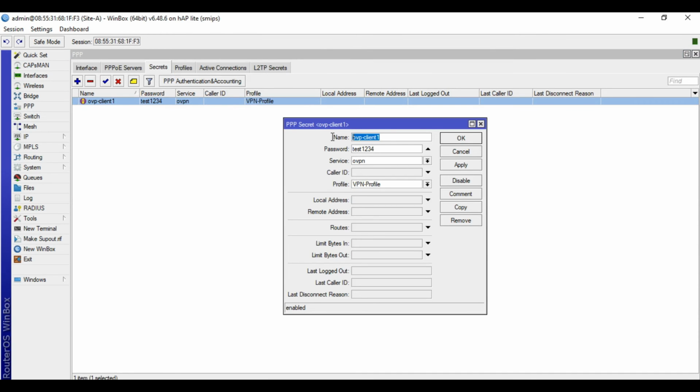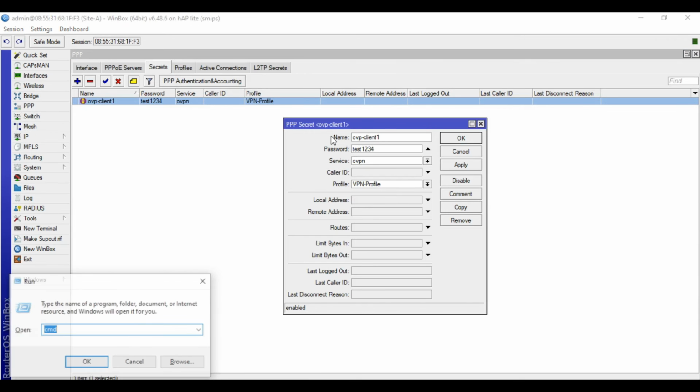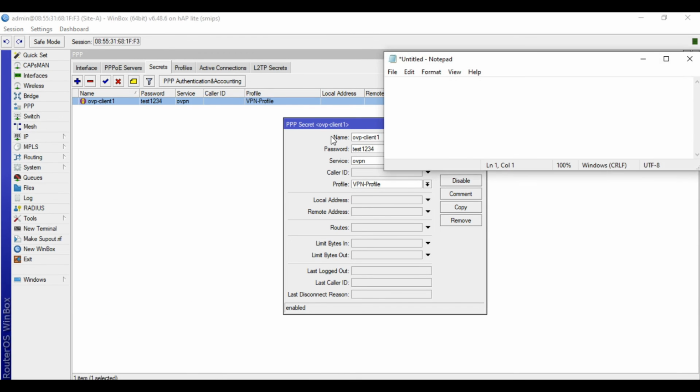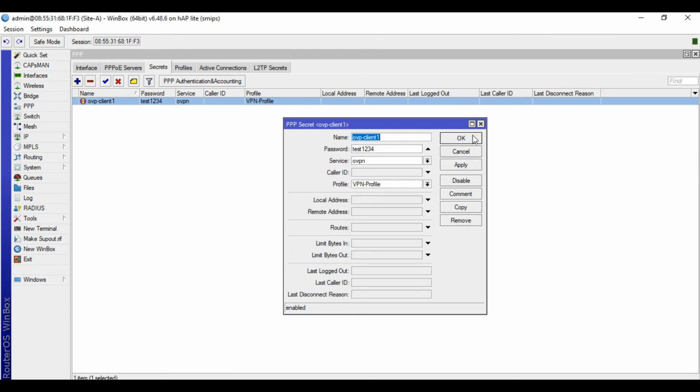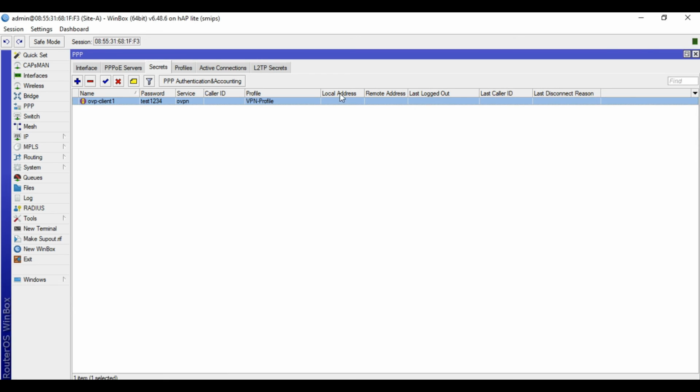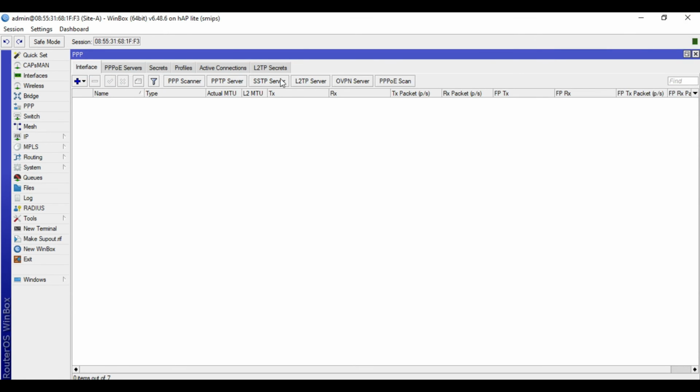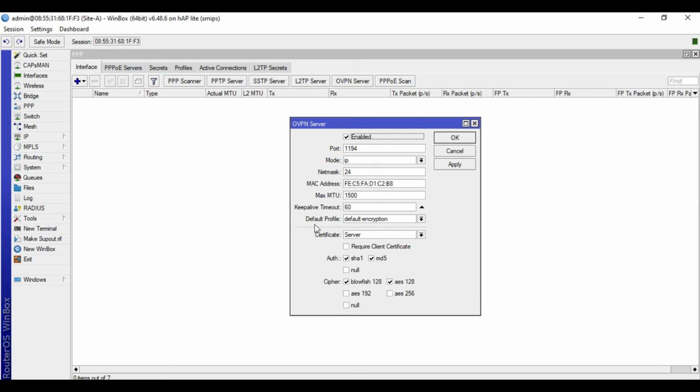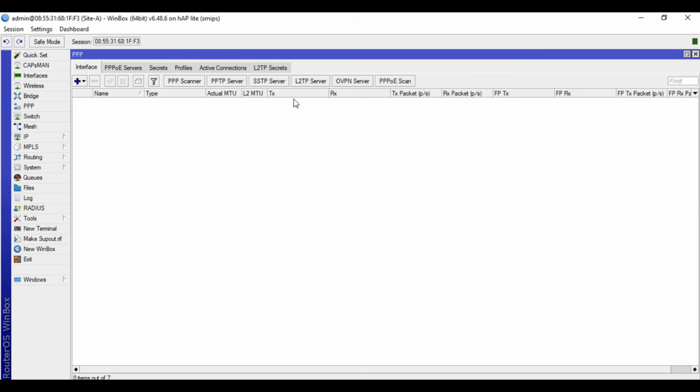Oh, it's OVPN client 1. Then for the password, test 1234. Let's double check. Interface, OVPN server, default profile. Choose default encryption, okay. Let's access again the site B.